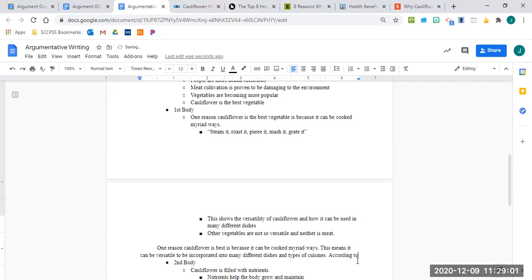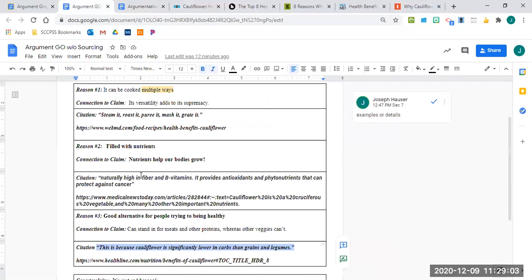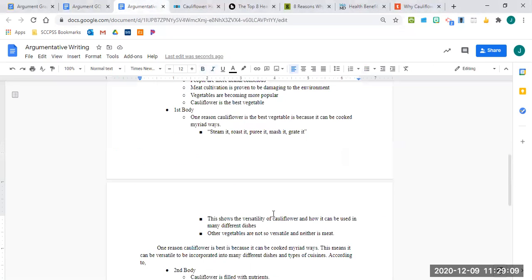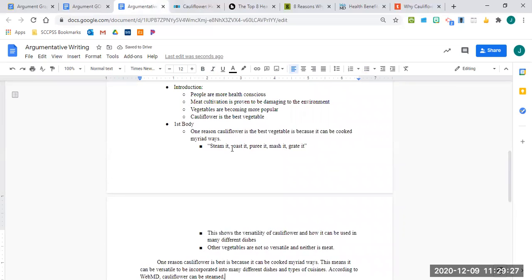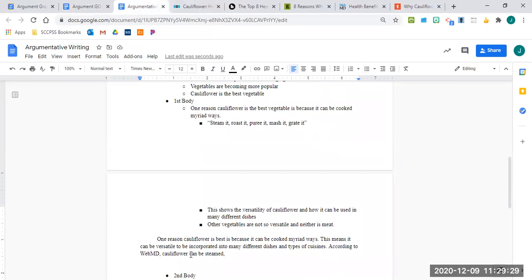According to, as we introduce our argument or our claim, WebMD, according to WebMD, cauliflower can be steamed. I guess I'll have to change it because the quote doesn't necessarily, how do I phrase it? A cook, according to WebMD, a cook